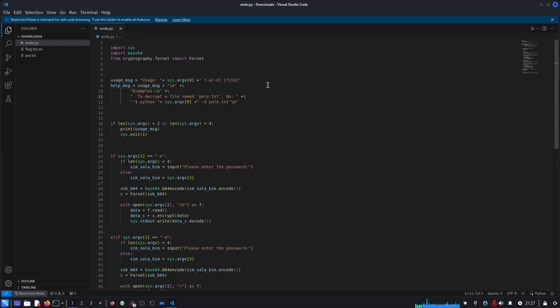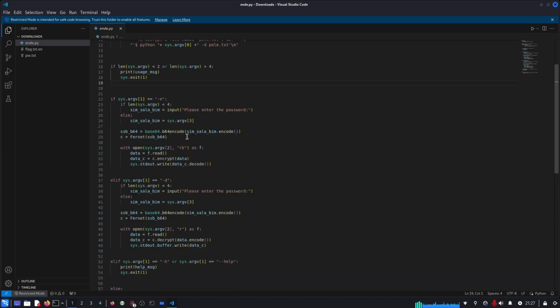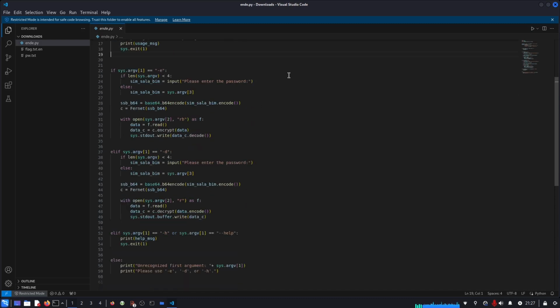So it tells us how to use this. We have some checks on the number of provided arguments. Then we have the encryption part of the script,